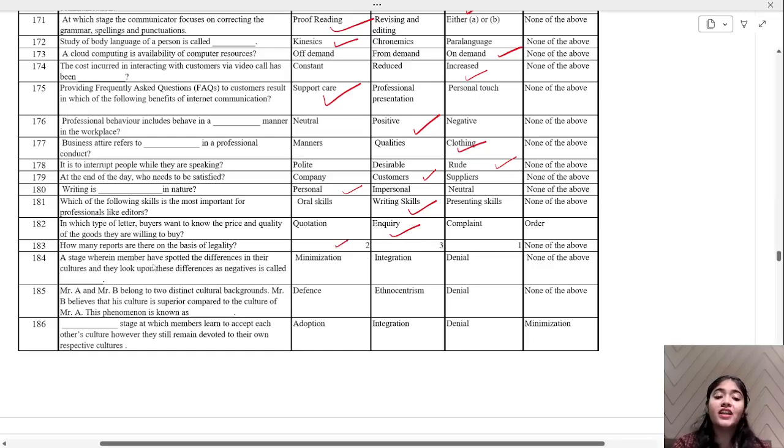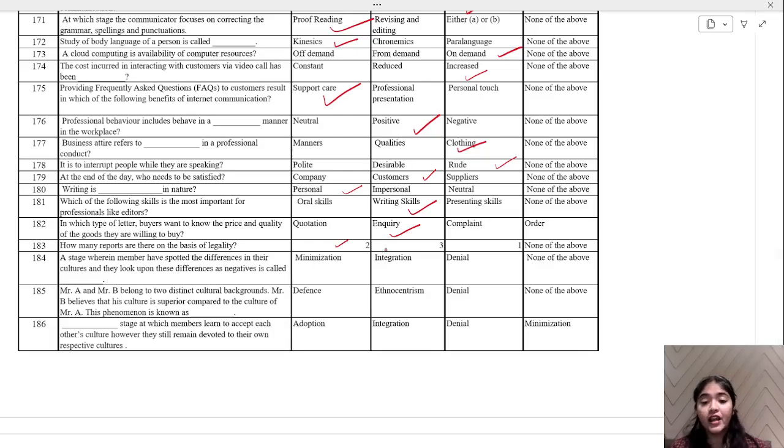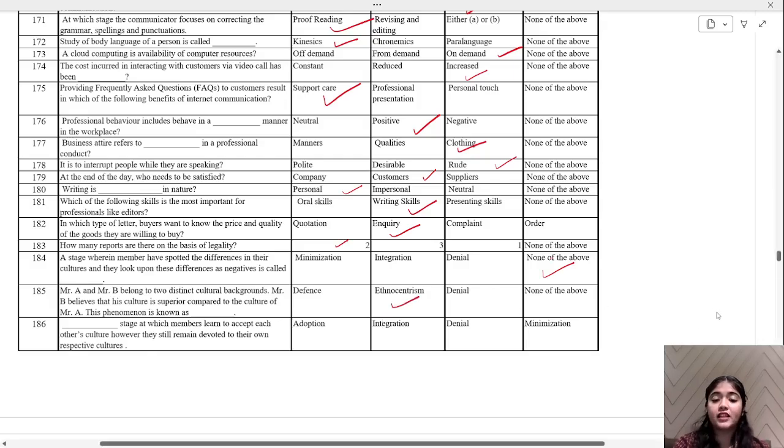A stage wherein member have spotted the difference in their cultures and they look upon the difference as negative is called minimization, integration, denial, or none of the above. This is none of the above. Mr. A and Mr. B belong to two distinctive cultural backgrounds. Mr. B believes that his culture is superior compared to culture of Mr. A. This phenomena is called as ethnocentrism. Okay, ethnocentrism. Now,